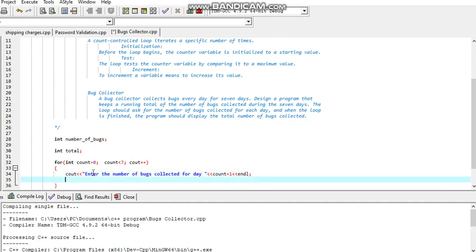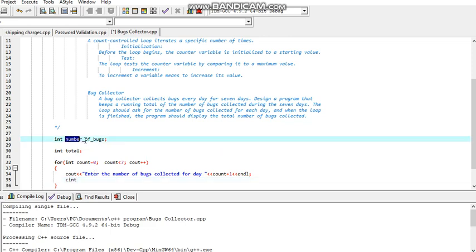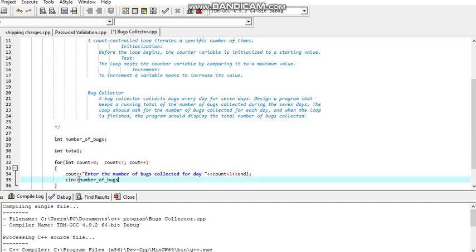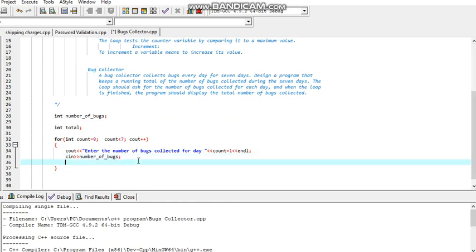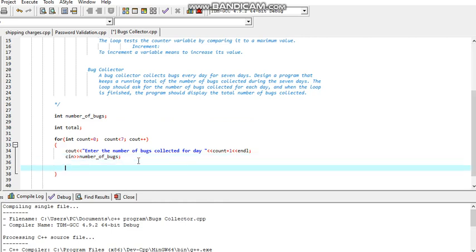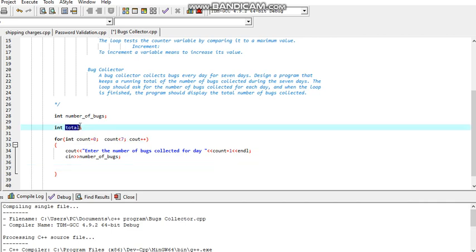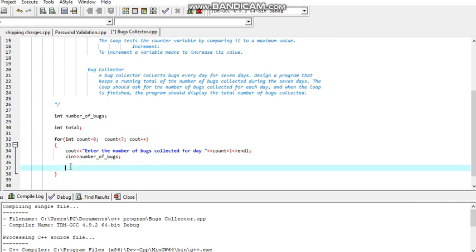endl, and then we're going to store it into the what? The number of bugs variable. And then cin, I just copy that and paste cin. After that we're going to add to this total, because it should keep the running total of the number of bugs the person is entering. So I'm going to say total is equal to total again plus number of bugs,